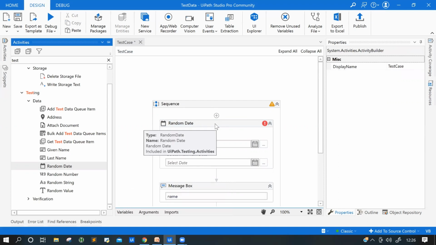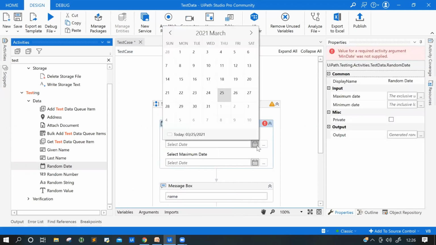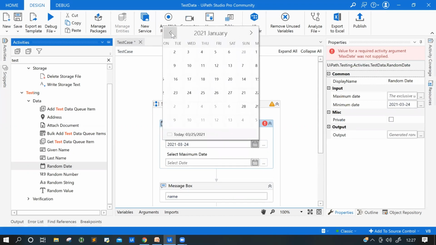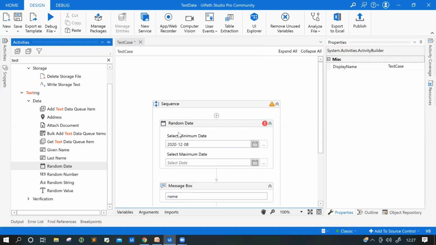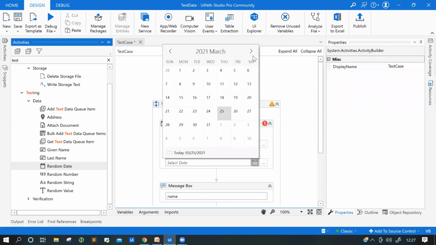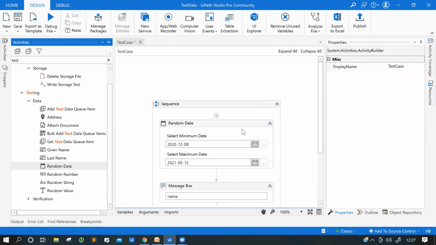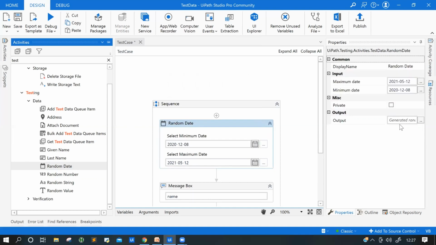I have shown you the address, and this is the random date. Random date means you can select from when to when. So for example, from 1st January till date. Today is, I don't know, anyway, 20 April. I'll take any random date. It cannot be more than that. Oh okay, sorry, I'm just choosing one. So you can take any date here, minimum date and maximum date. You can choose anything. So whatever the date will be there, from 8-12-22, between this, you will be getting that.